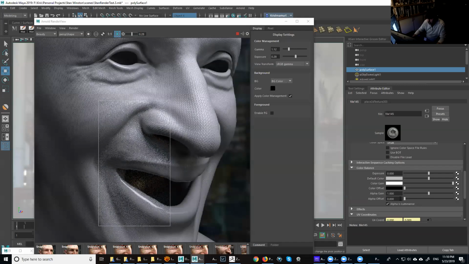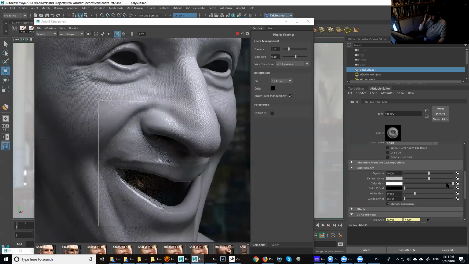So let's go back in here and try the alpha gain instead of the alpha offset. If I go up, what happens? Not much. Let's see if I go down, then I start seeing things changing. Up is basically locked at 1. It's not going to go over that. But if I go down,